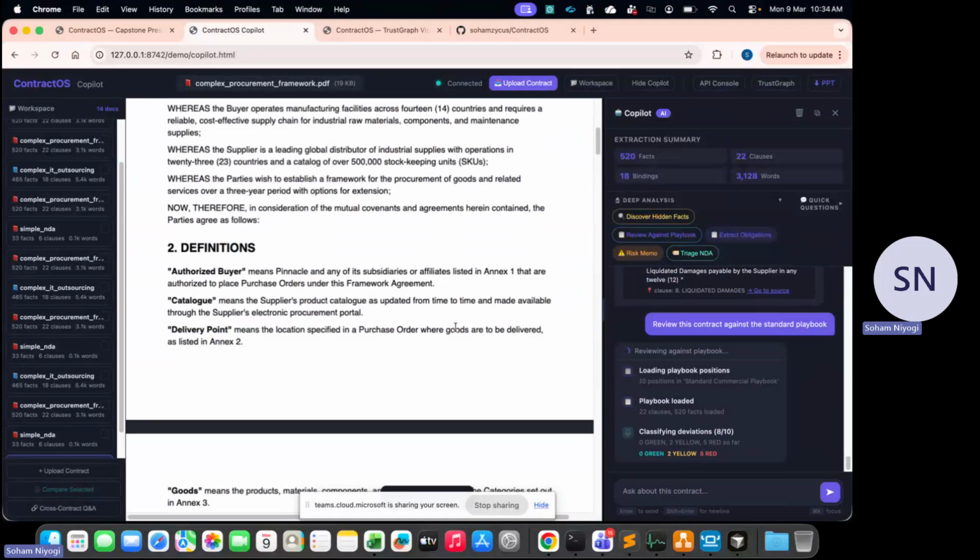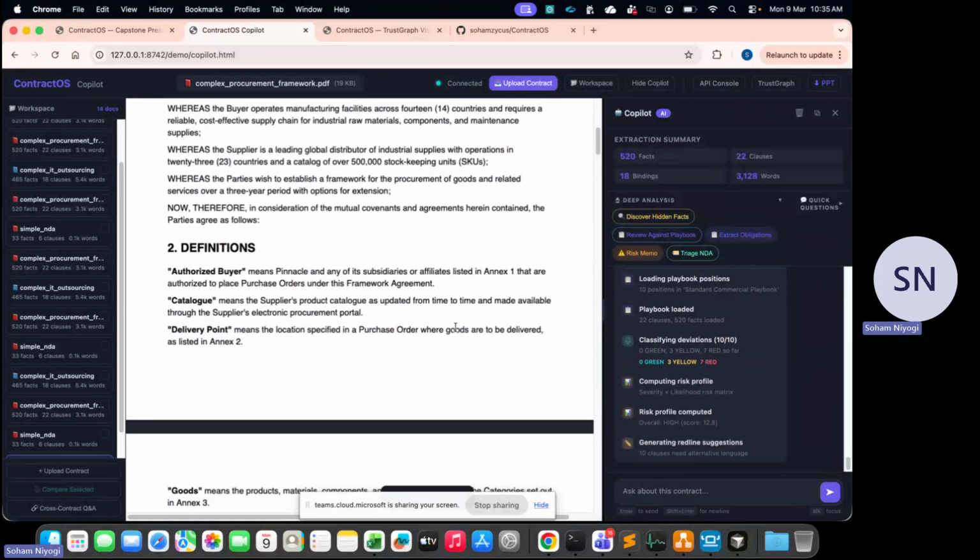So it is now doing a review. It is loading the playbook positions. The playbook is loaded, and it is trying to classify the deviation of the existing contract against the playbook. 0 green, 3 yellow and 7 reds, it has identified. Now it is computing the risk profile against severity and likelihood, this matrix. Now building the negotiation strategy,